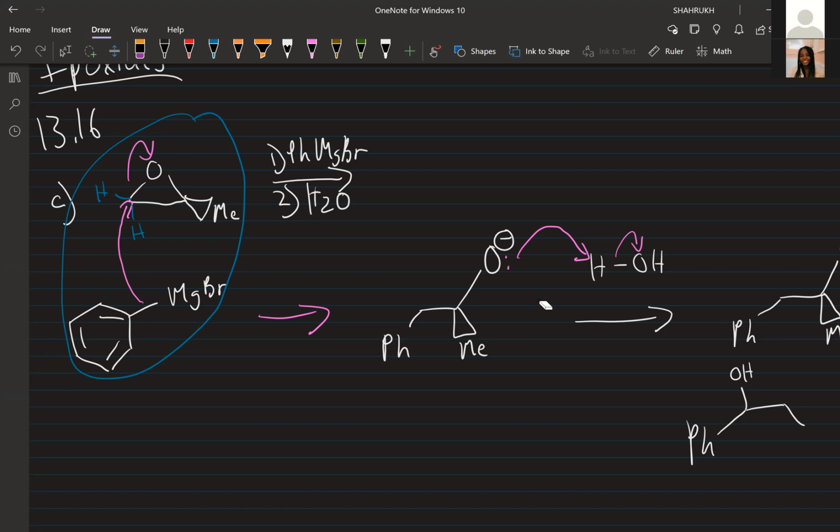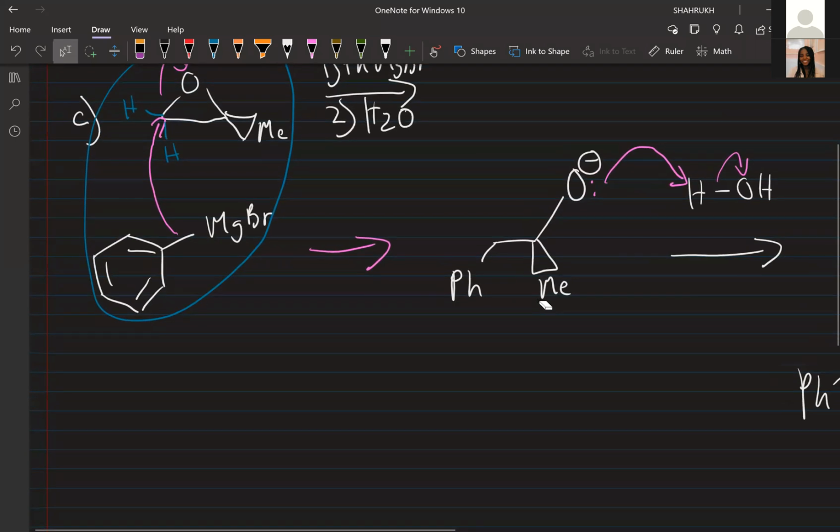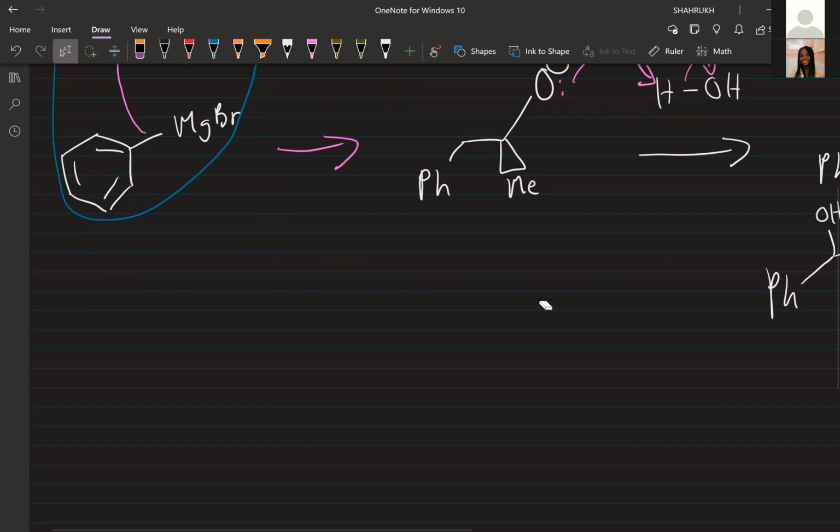Okay, that's a good question too. The reason we wouldn't attack from that side has to do with the regioselectivity, or rather, technically it is regioselectivity, but it has to do with the selectivity of the nucleophile. And that's in SN2 reactions. If you remember,